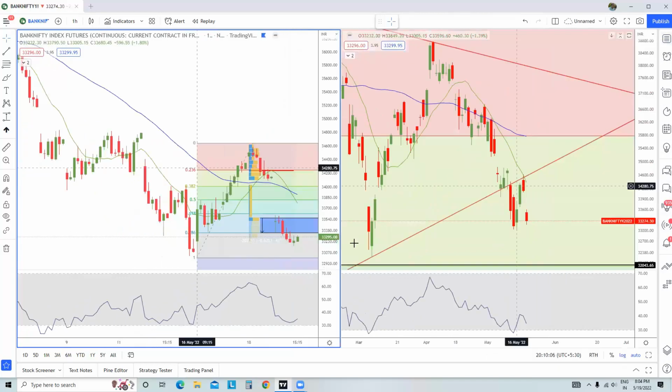Bank Nifty, on the other hand, is looking slightly different, not that much different, but slightly different. But yes, overall trend is down, and I had clearly mentioned that the trend in Bank Nifty is also down, and this 2 days pullback is just a pullback. And I had also shared that we do have a